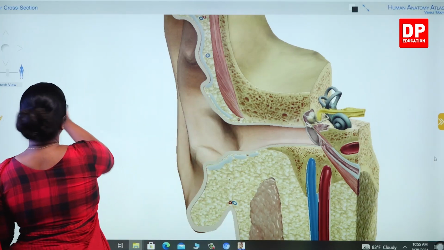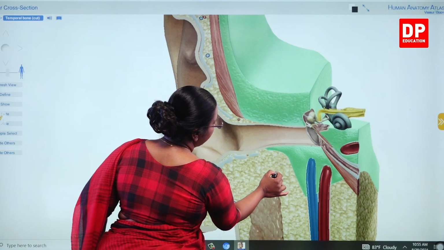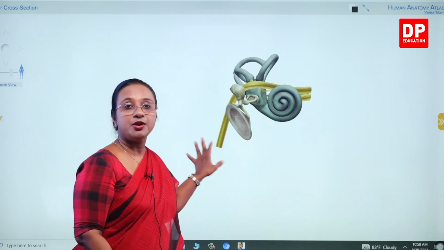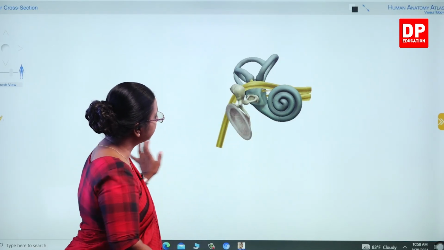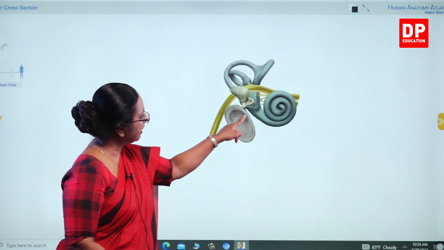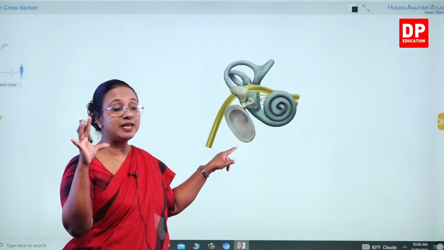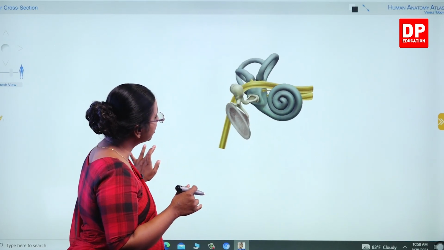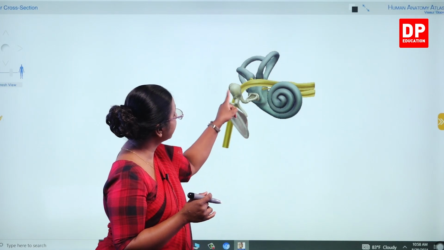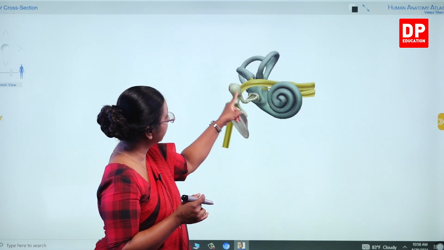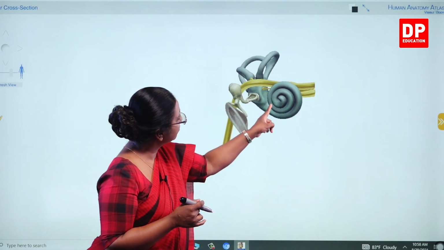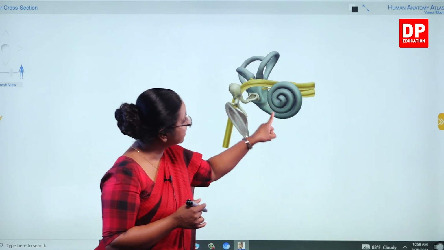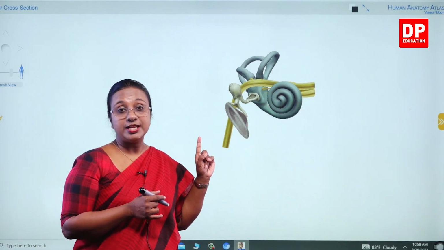So just to make it clear for you all, I will show you this part. So here I'm showing you all part of the ear. Can you see the eardrum or the tympanic membrane here? That is something similar to a speaker. You all have seen that. So here this vibrates, and the vibration of the tympanic membrane is transmitted to the ossicles. I told you all there are 3 ossicles there, and here you can see the ossicles are connected to the cochlea. Then the cochlea vibrates, and that is again connected to the auditory nerve.